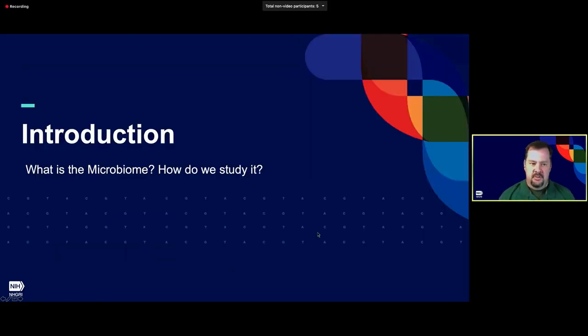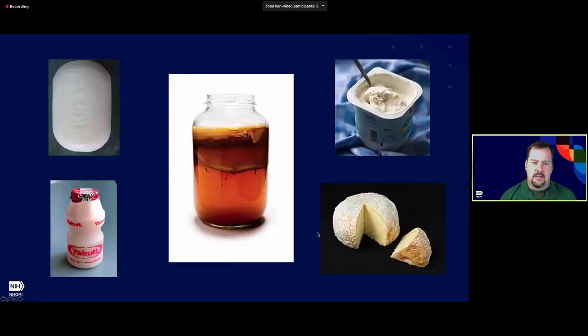The beginning of my introduction is what is the microbiome and how do we study it. These are some common microbiome sources that you might not think of when you think of the microbiome, but they are important. In the middle of the screen is a SCOBY. I forget what that stands for. Symbiotic Community of Bacteria and Yeasts, I think, which is how you make kombucha. There's yogurt. There's cheese, and these are all important microbial communities to food manufacturing. And actually, as I'll describe in a moment, the cheese is a really excellent model system for understanding ecology